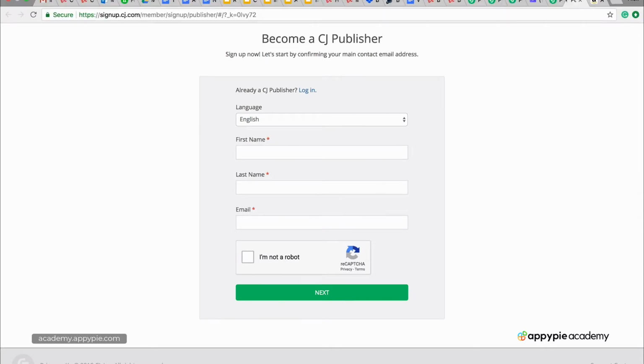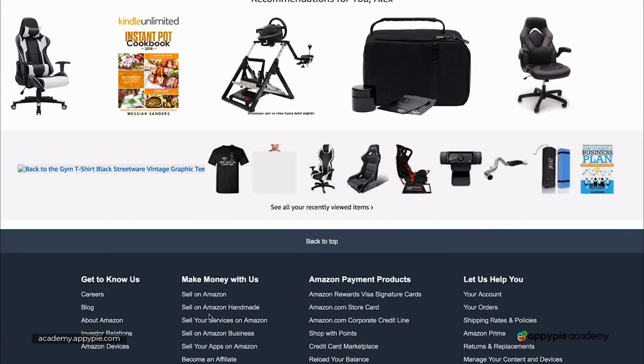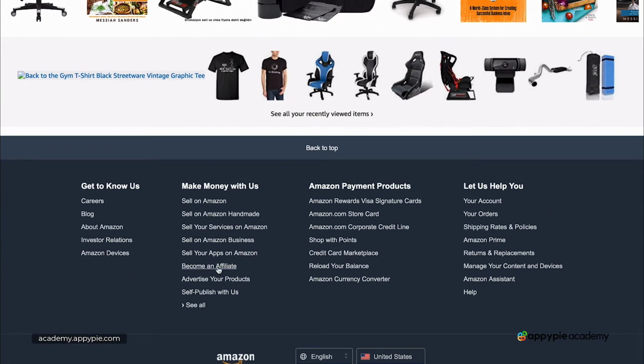It's very simple. Now on Amazon, essentially, you go to the bottom here, and you say become an affiliate. And all the other sites, essentially, they either have a link to become an affiliate or become for publishers is you, so you always click on that. You're the Publisher. So, and you just go through the form,